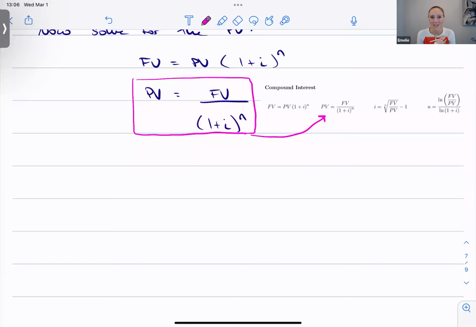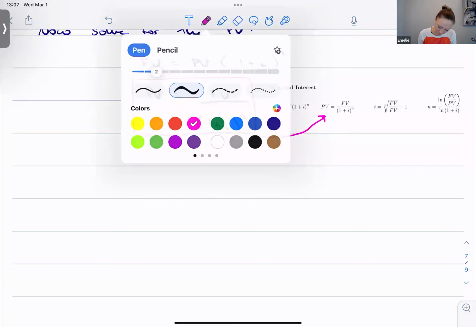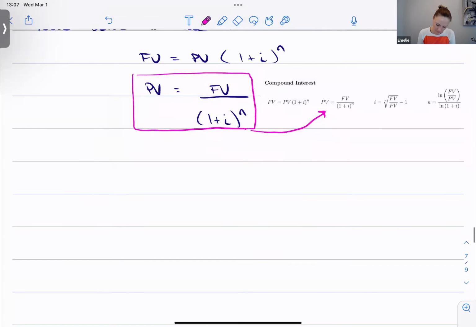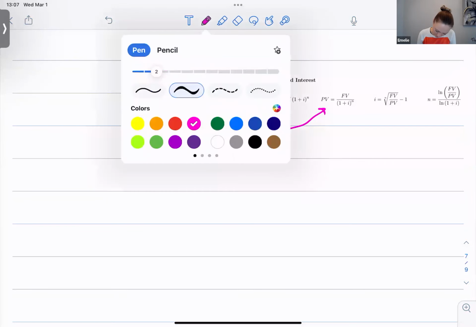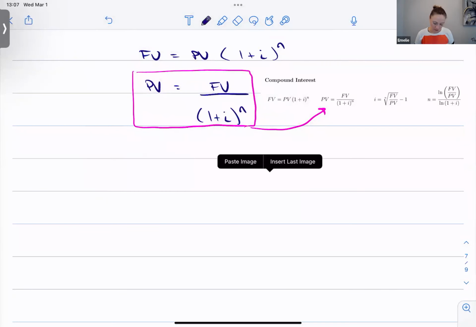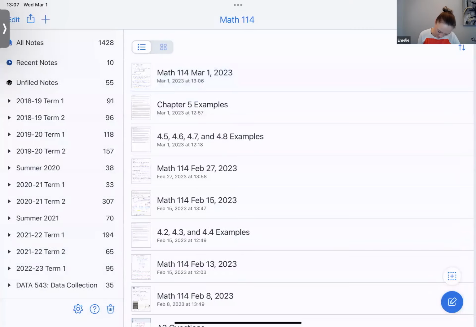Okay. I actually prefer to have a minimalist formula sheet. So I would just prefer to have this one and then I just solve for whatever I need as I go, but here they are in case you need them. Okay. Oh, man. Hey, it won't let me change there. Okay. So you can solve for it. You don't have to, but we do need to know how to solve problems with it. So let's go to